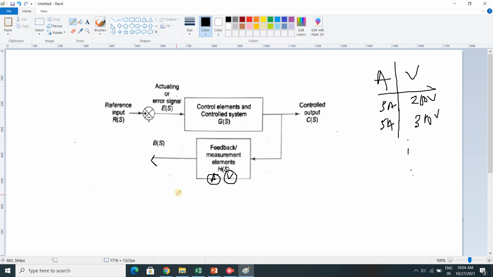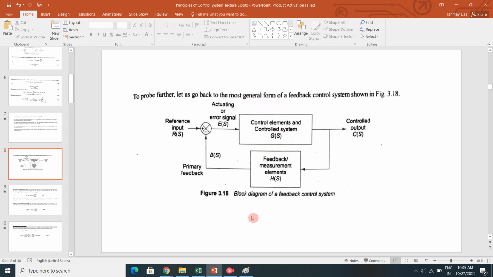So it is not a closed loop control system. It is an open loop control system. You are just using a variac, increasing the voltage and getting the current. But you have not programmed the machine so that the output changes as per the error signal. So there is no concept of error signal, and the summation point will also not be there. Only input R(s) and output B(s). So C(s) is also not the output because it is not a controlled output.